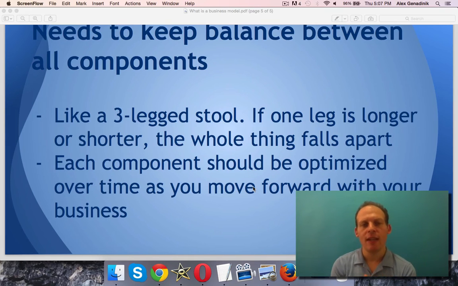So the whole idea is that you've got to look at all of it. In this example, I'm giving the very simplified three major components: product, marketing, finances. But for whatever your business might be, you will have other components that might be important. Maybe you manage inventory. Maybe you have manufacturing, so you have to take that into consideration. Maybe customer support is really important for your business. Every business is so different. Maybe there are some legal things happening that may affect some part of your business model.